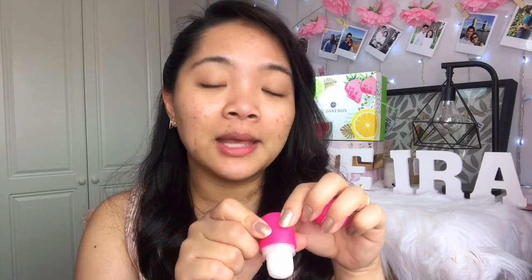For my base, let me reapply my lip balm. This is a lip balm from I Heart Revolution, and it is the Raspberry Fizz I Heart My Lips. It's just a cute lip balm, and I love it. It's very moisturizing, and it's just clear, and it moisturizes. It does the job, and it's really cute. It's like a pill, a capsule, so I love it. It's pink. And I've done my skincare this morning,